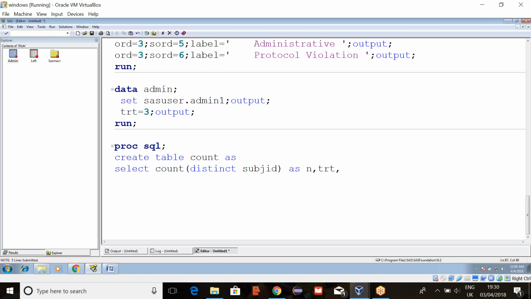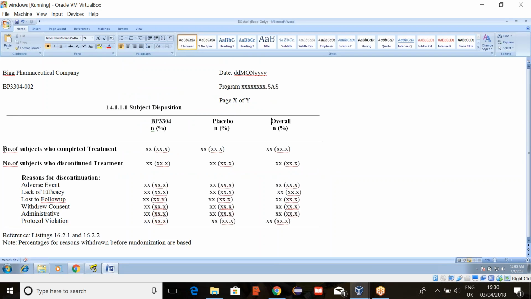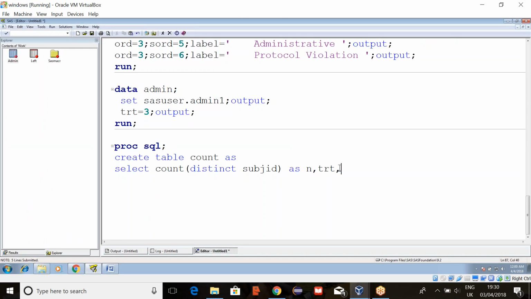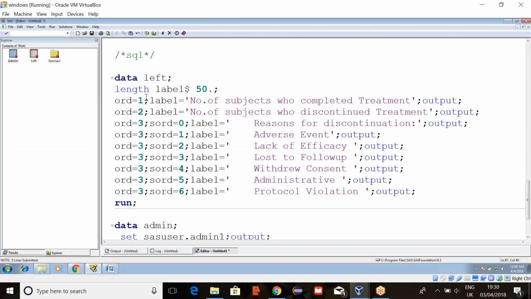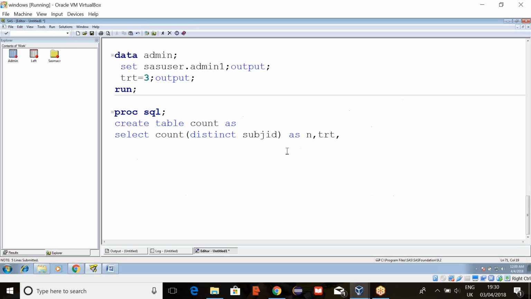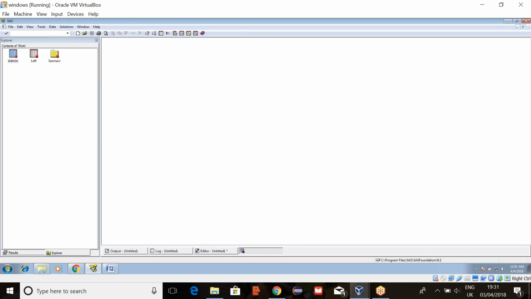So here let's do one thing. First, let's do only for this first one: number of subjects who completed the treatment. For number of subjects who completed, here we have given order as 1, right? So here write 1 as ORD and take this from the admin dataset where your completion, what is the variable name?